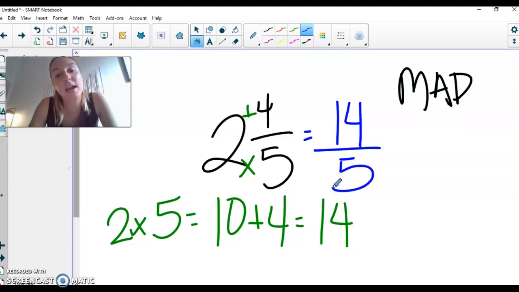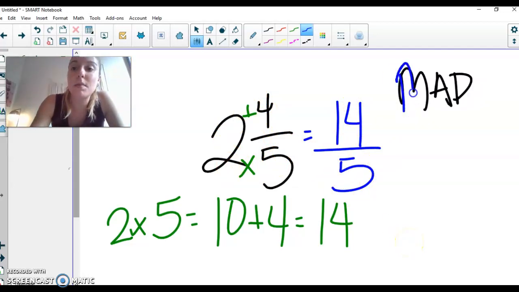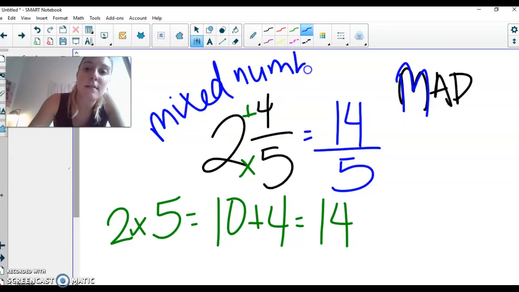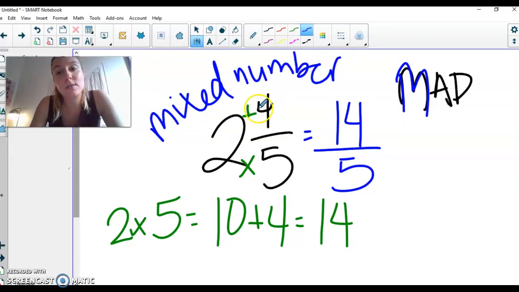Okay, so again here we're going from a mixed number to an improper fraction. MAD begins with M, just like mixed number begins with M. Okay, so you can use that to help you remember. For mixed numbers, to make them improper fractions, you want to